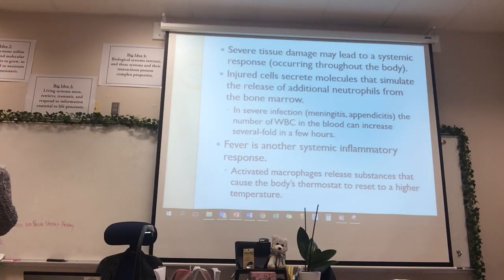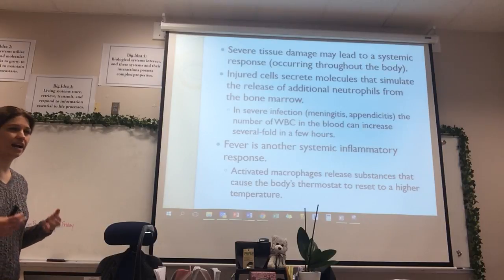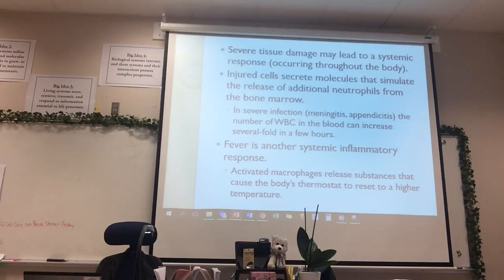They'll take blood, and what they're looking for is your white blood count. Okay? What they're looking to see is if you have some kind of internal systemic infection, your white blood cell count will be through the roof because your body's trying to fight it off. So that's what they're looking for, to figure out how severe of an infection you actually have right now.